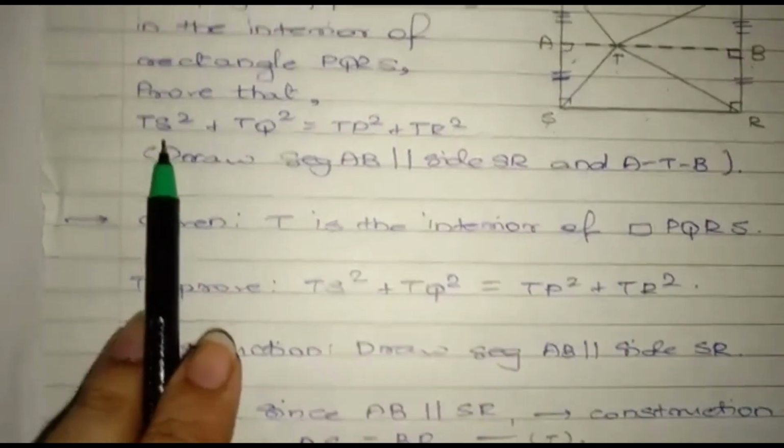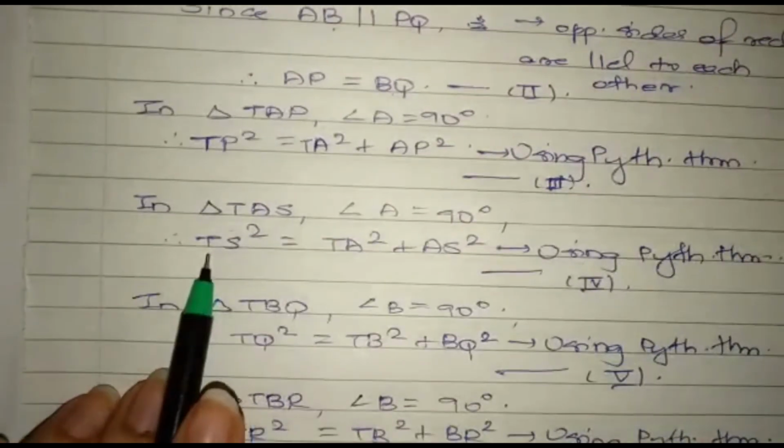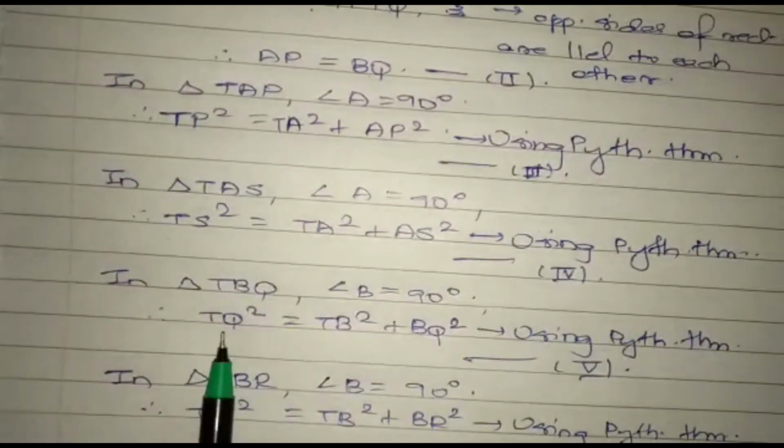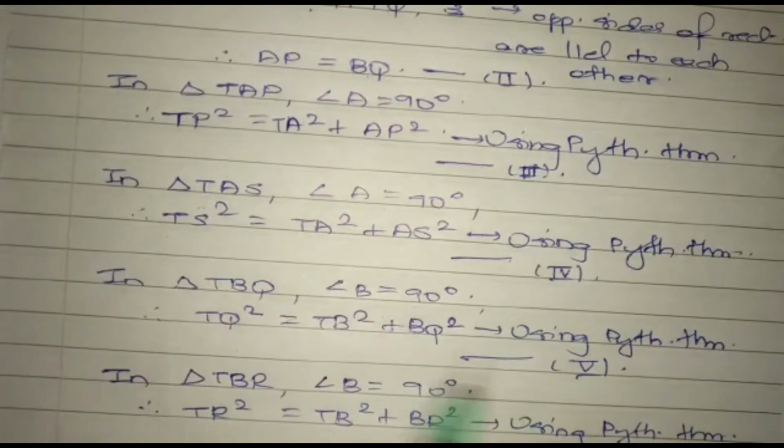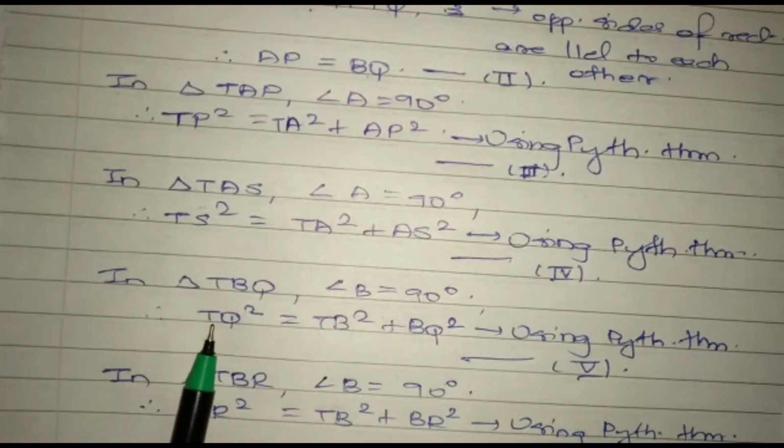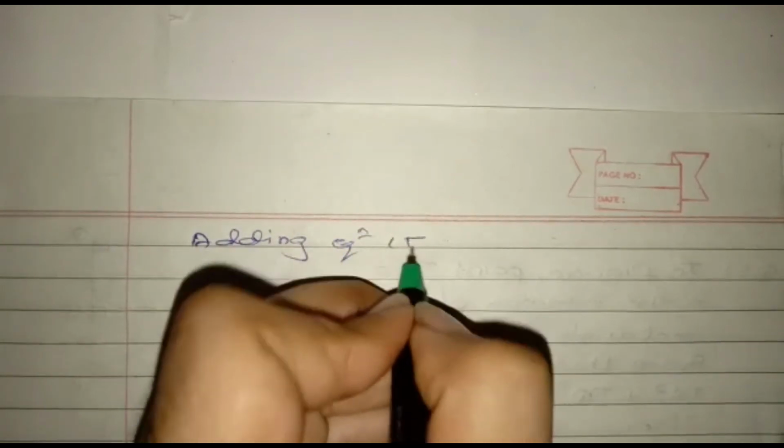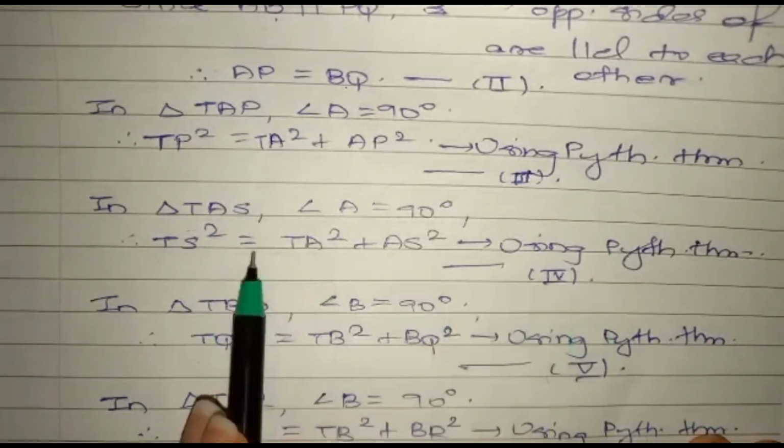Now we want TS square plus TQ square. So first let us add TS square and TQ square. So let us add equation number 4 and 5, which gives us TS square plus TQ square. Adding equation 4 and 5, we get TS square plus TQ square